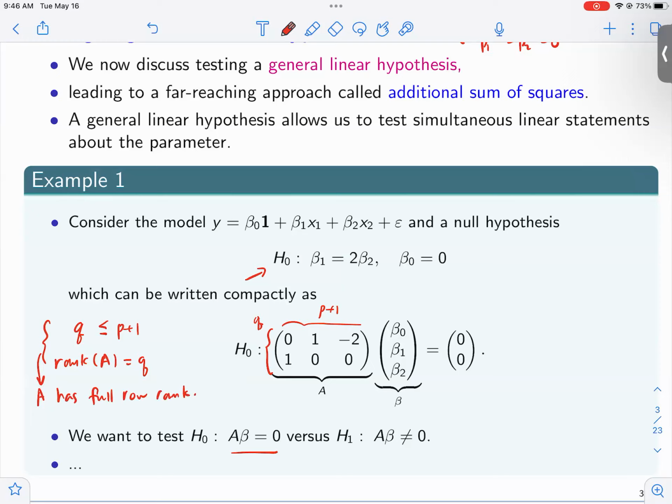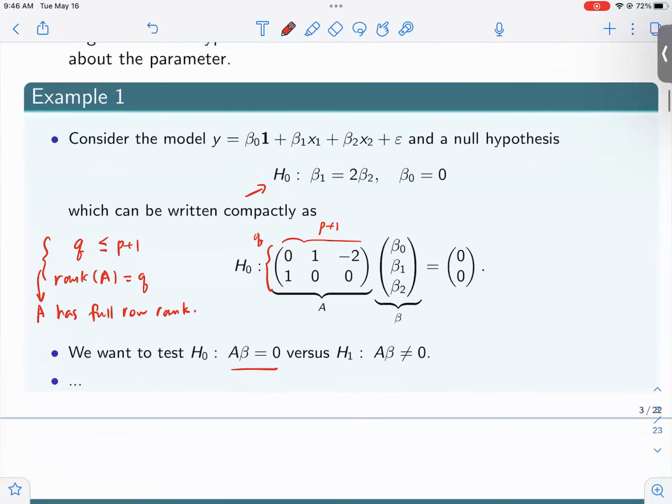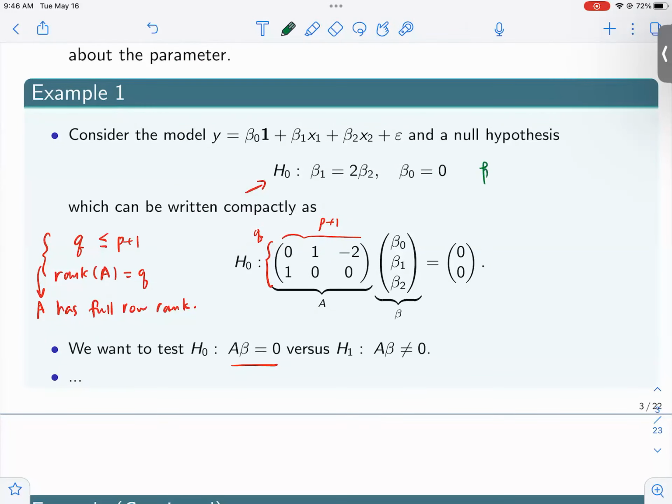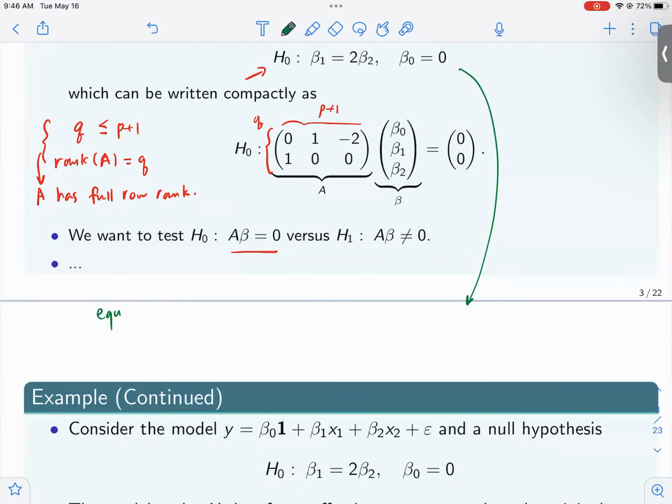So the reason why we want to do this is that if this happens, then the constraints are linearly independent. I don't want to include extra equations that I don't need. In this case, for example, you could have added beta 1 equal to 0. So this is equivalent to beta 1 equal to 2 beta 2, beta 0 is equal to 0, and beta 1 is equal to 0. So this would give me three